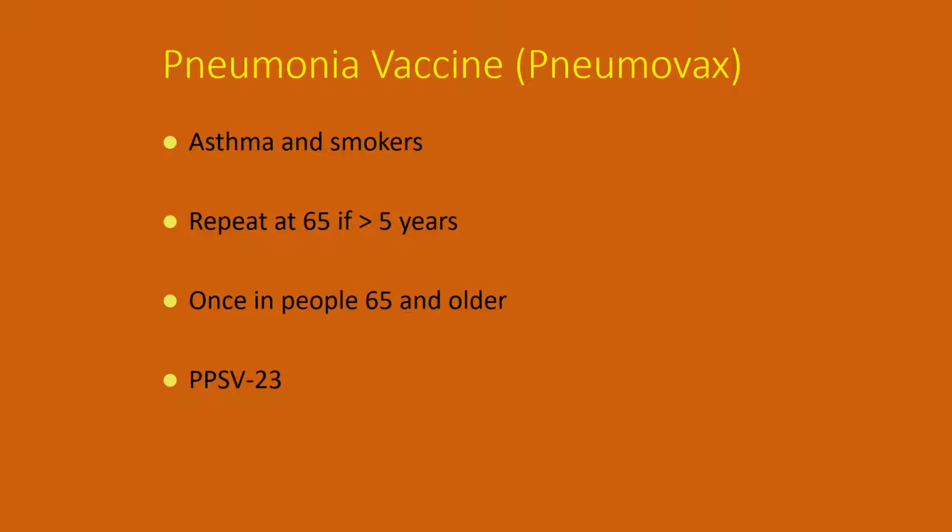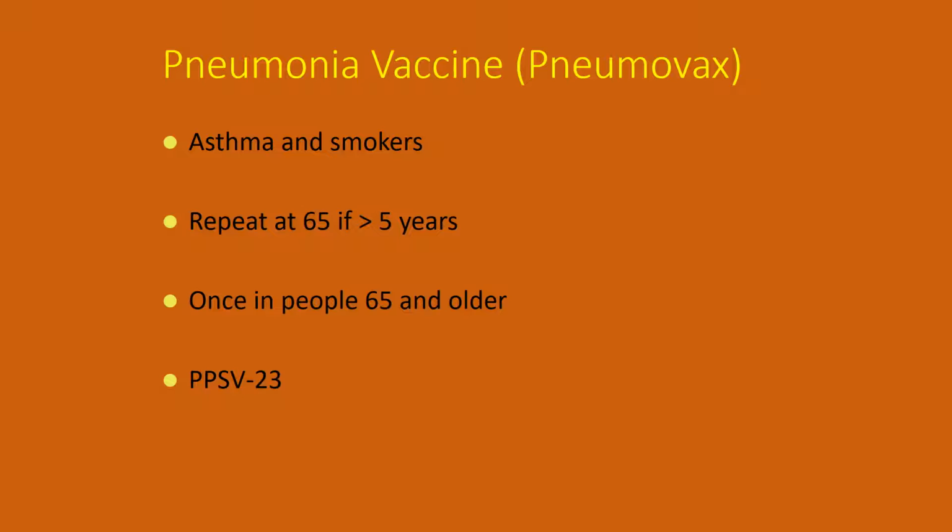So as of right now, you give the pneumonia vaccine to folks that have had asthma, to smokers. You give it after age 65. As of right now, at 65, you're supposed to give the conjugate vaccine first, and then even though the recommendations are that you can give the vaccines 6 months apart, in fact, Medicare will not pay for it unless they're at least a year apart. So basically, you give the Pneumovax at age 65, and then the Prevnar at age 65, and then the Pneumovax at 66.